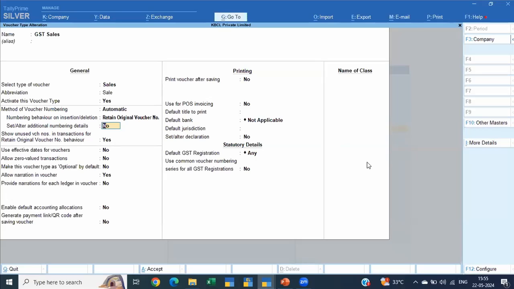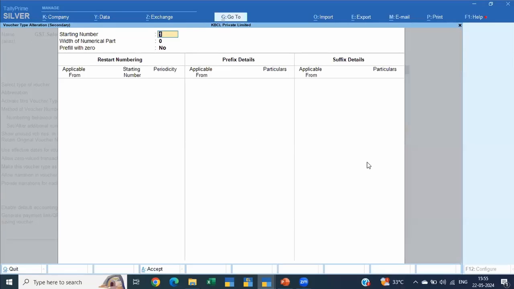Now, additional numbering details, if you want to set, this is where you do your customization of prefixes and suffixes. I'll just quickly say what would be your starting number. What would be the width? Have you seen invoice numbers?